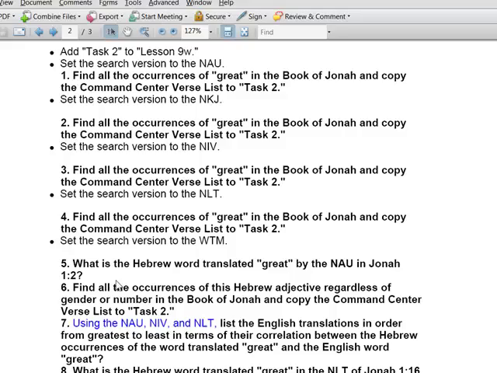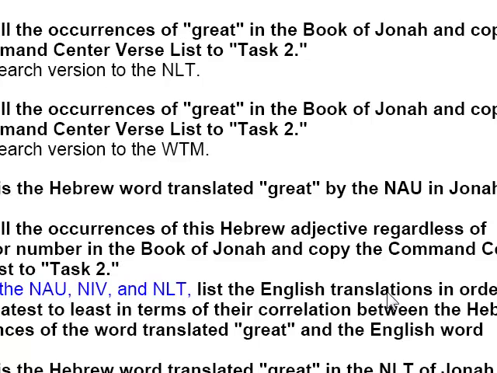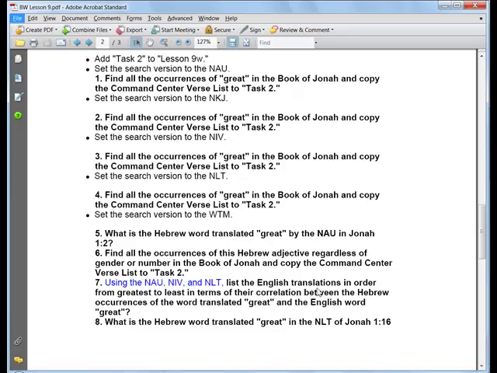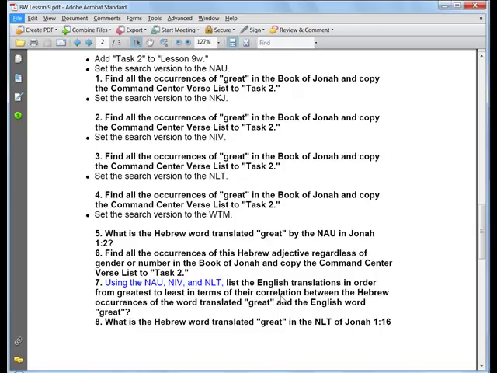Number 7, using the NAU, NIV, and NLT, list the English translations in order from greatest to least in terms of their correlation between the Hebrew occurrences of the word translated great and the English word great. Alright, that didn't make sense to me. Read it again. List the English translations in order from greatest to least. Oh, in other words, which translation translates gadol in Hebrew most frequently as great in English? Well,